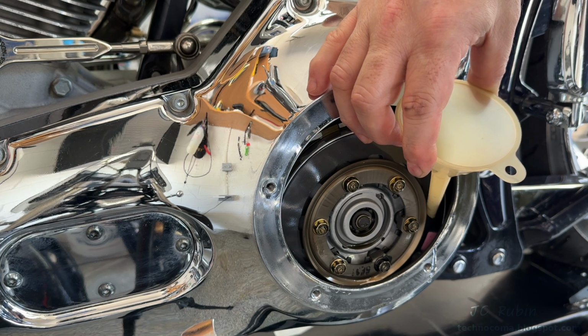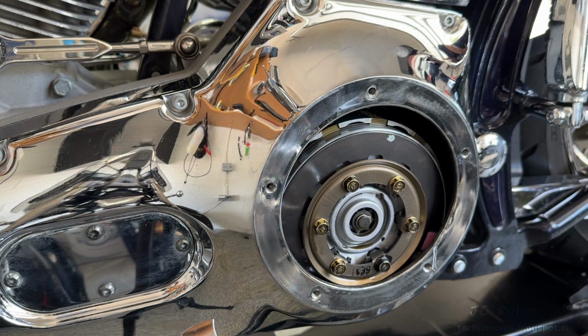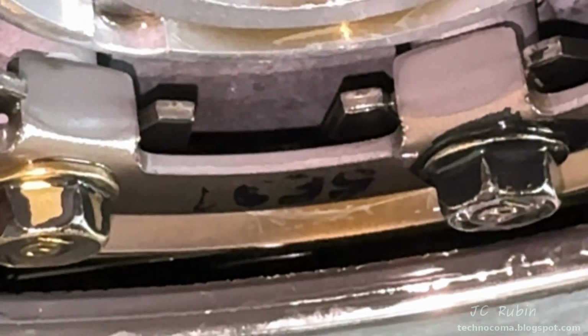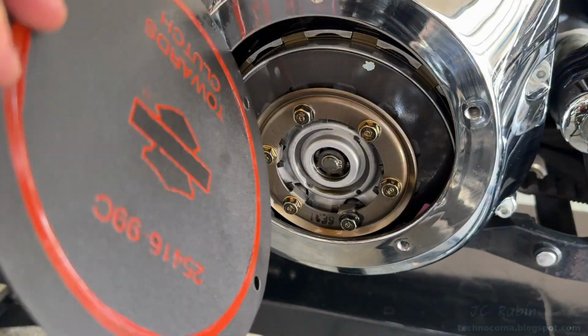You would think since the level is so critical, they would just put a fill line in the other inspection cover, but why make things simple? From this angle with the light on, we could see the oil just barely visible down there, just at the bottom of that spring. So now I'll wipe up the mating surfaces, and observing the towards clutch indication,